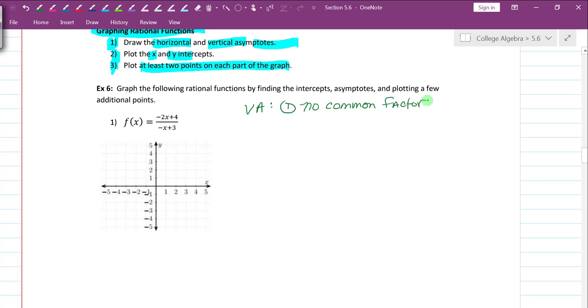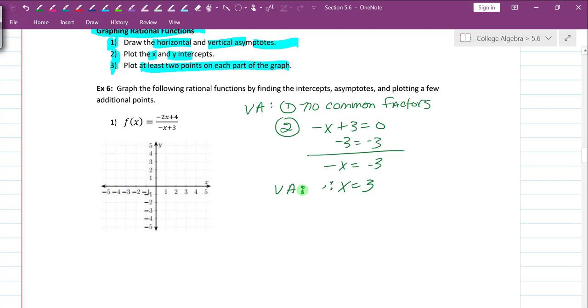Step 2 for our asymptotes is we're going to say negative x plus 3 is equal to 0. Subtract 3 from both sides. We get negative x is equal to negative 3. Multiply both sides through by a negative 1, and therefore I get x is equal to positive 3. And that is my vertical asymptote right there. Okay, so I'm going to plot that as a vertical asymptote, x = 3. I do dotted lines